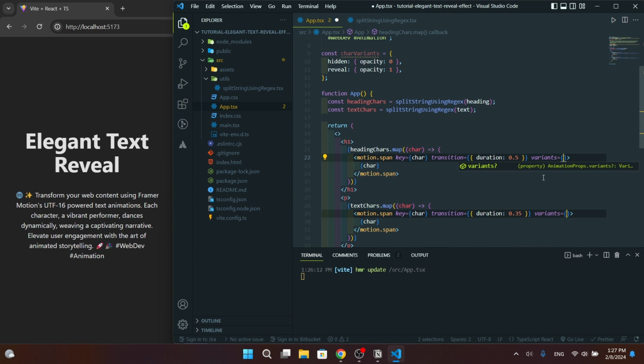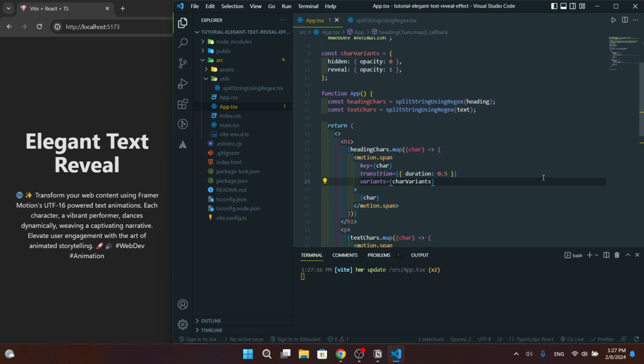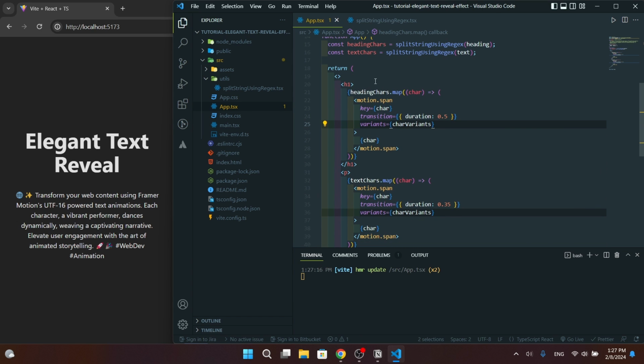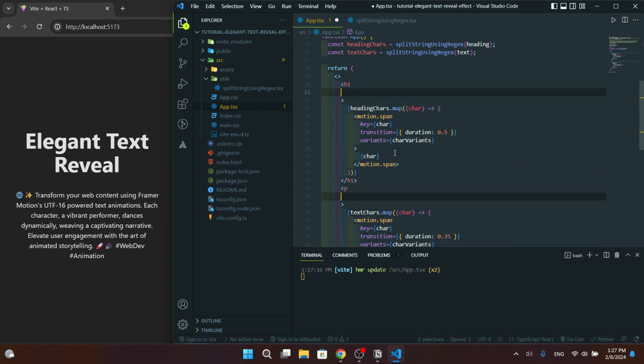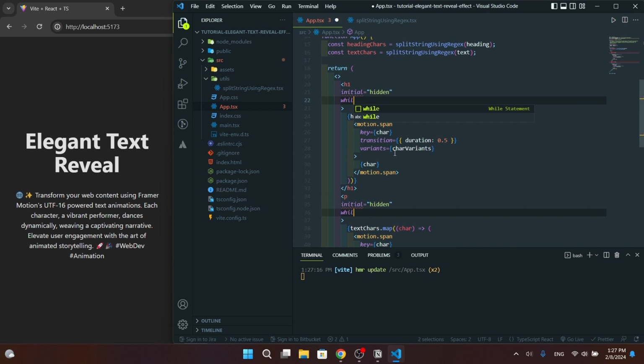Apply the animation variants to these motion span components. The parent heading 1 and P elements should also be converted to motion components to orchestrate the characters' animation. We set the initial animation state to hidden and define the animation transition behavior.